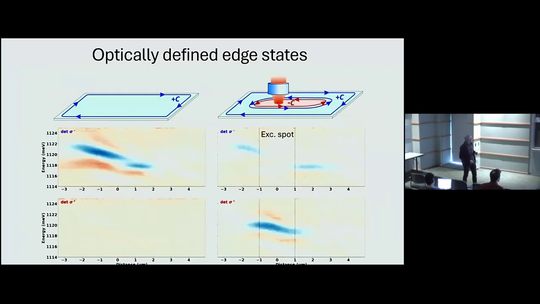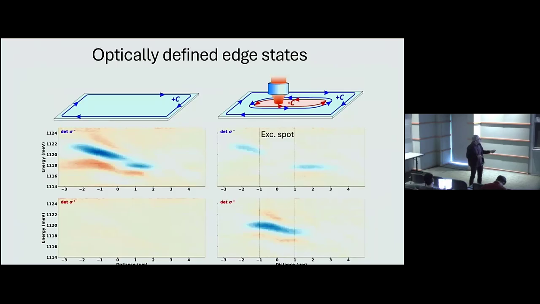All right, and the final point is about an application of this. We think that we can use these ideas to optically define edges in various different geometries. So here, as a proof of principle, what we did is we took a system where we prepared the system in the K minus, or C equals -1, Chern band, right? So this is the attractive polaron resonance that you see. You don't see anything here. And there is a spatial variation that shows the quality, or lack of it, in our device: different places have different resonance energy. This scale is microns.